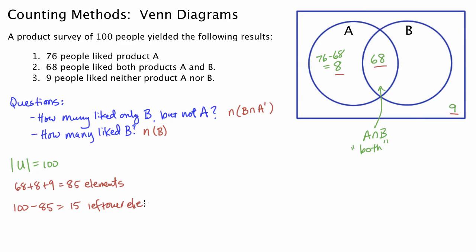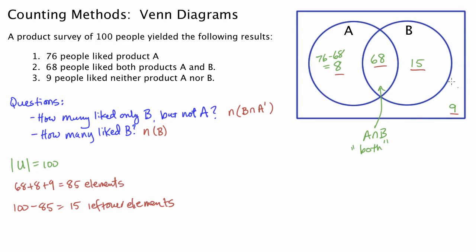And the question is, where did these go? Well, if you look at the Venn diagram, there's really only one place left for them to go, and that is in B. So anytime you're doing a Venn diagram problem, what you should do is make sure that you use the information that you know you can place in the Venn diagram and then work your way around from there. So just to double check, we have every single area within the Venn diagram labeled,